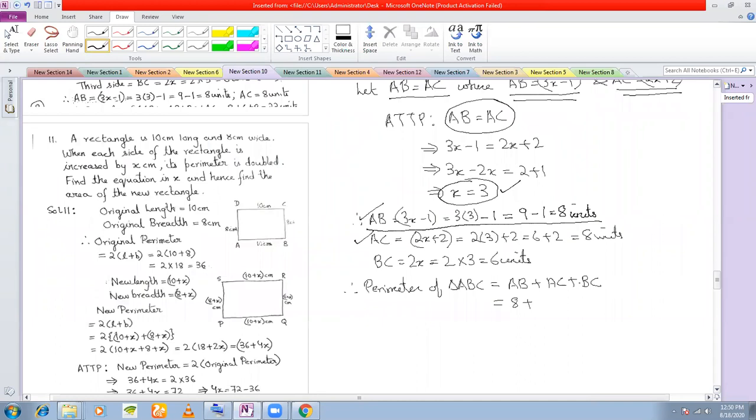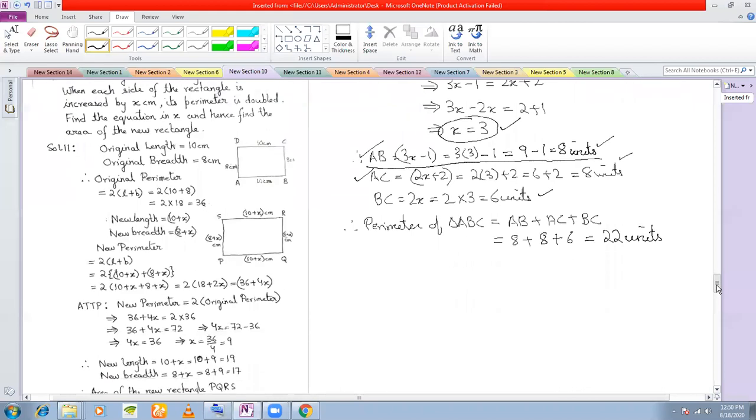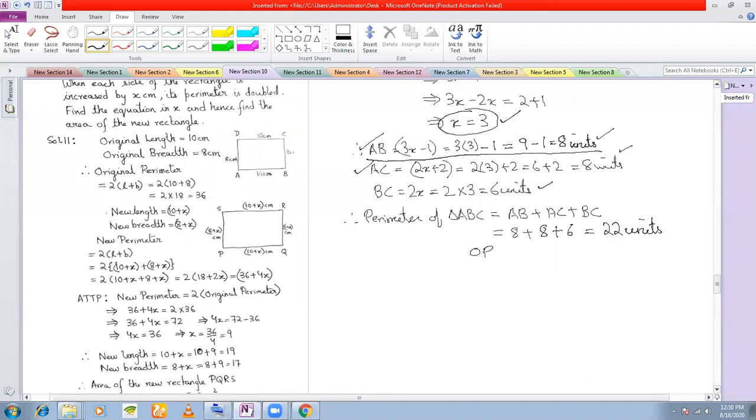So the perimeter will be the sum of the lengths of each of the sides. AB I have found out to be 8 units, AC 8 units, and BC 6 units. So this is 16 plus 6, 22 units is the perimeter. You can do this. Otherwise, what you can do is,